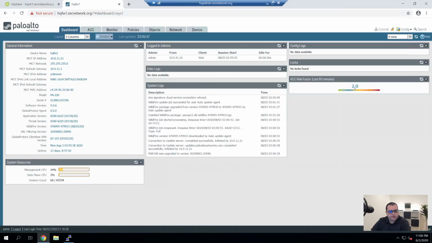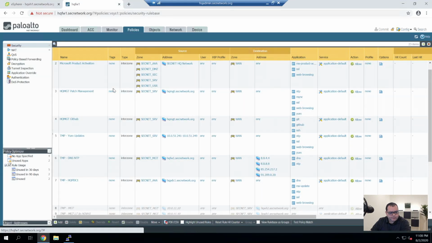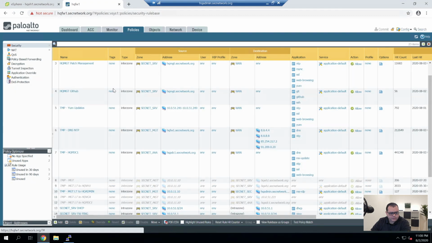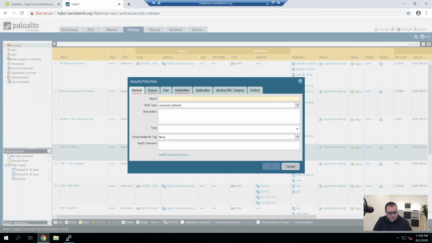First up, I'm going to configure the firewall and the policies. So we are going to create a couple rules for the new Linux server that I'm building. And I'm thinking I'm going to put it under here. So I'm going to add a new rule, and I'm going to call this, create two rules.